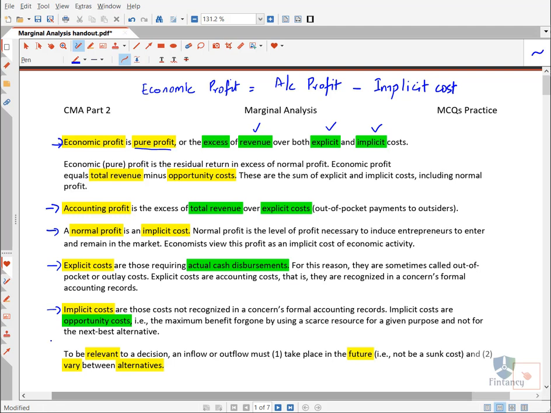So that is called imputed interest, or you can call it cost of capital, you can call it the minimum return required by the owner. So that is also deducted from the accounting profit to reach economic profit. I hope you people got the point. See, economic profit is not residual income. Okay? Because if you remember, the formula of residual income is you take the profit, the accounting profit, and you deduct the investment multiplied by that percentage. Okay? So, do you think this is the same formula as residual income?